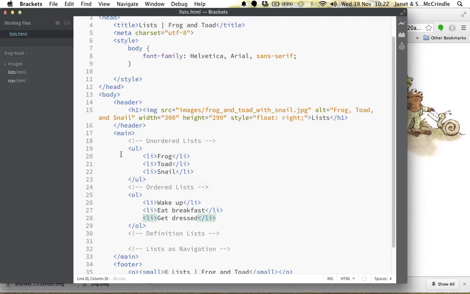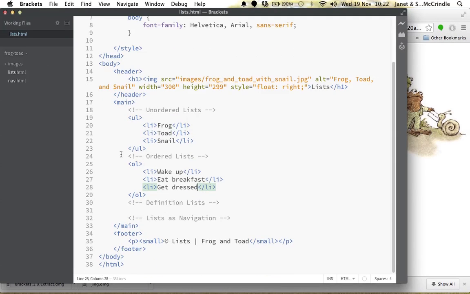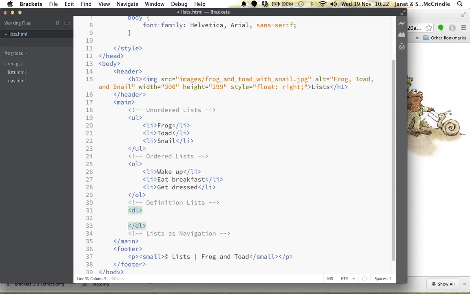The third type of list that we'll take a look at here is called a definition list. And this one's a little bit different. The structure departs a bit from what we've seen here. So the parent element for the definition list is a DL. A definition list is a multi-part element, suitable for something like a glossary or a list of terms that you want to describe. So we will have a definition term,